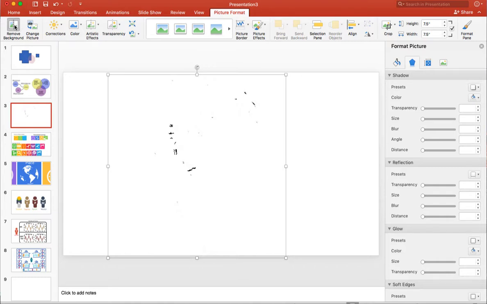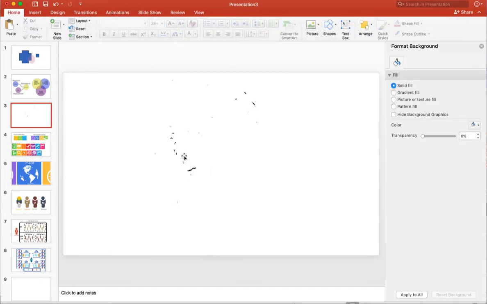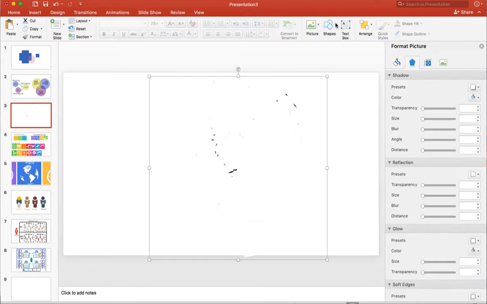So I'm going to go back to remove background, and then now I see that I need to get rid of those little spots and make those black dots pink so that they're removed. So it can take a little bit of time, but for the sake of this video, let's just pretend I got rid of all those. And now all I'm going to do is just grab a